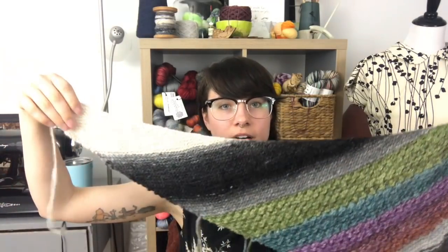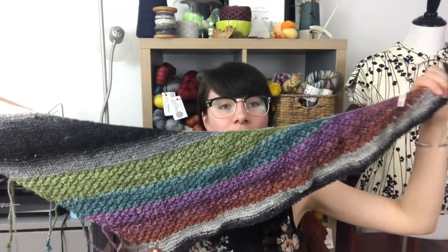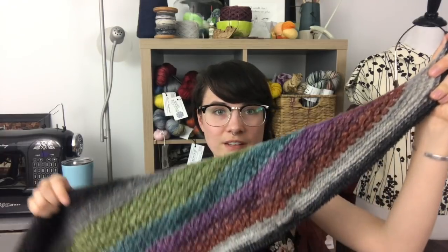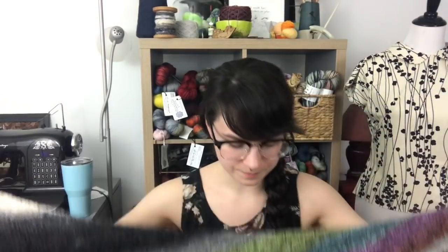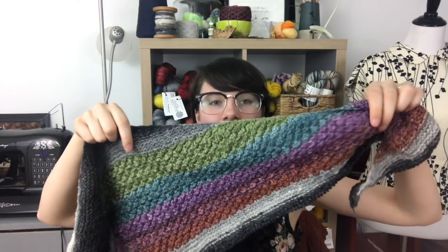And here we are. The white's gonna get super blown out. I am sort of using the pattern more as a guide because this is definitely thicker than fingering weight yarn. And I did go up, I want to say 1 or 2 needle sizes. I'm using a size 7, so this is about a DK weight. So technically, according to the pattern, I should still be like back here,